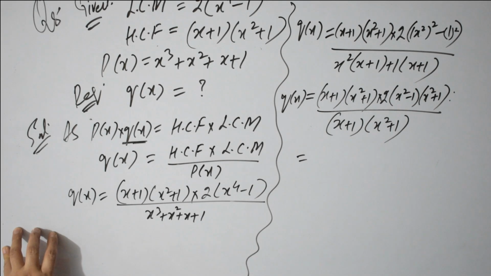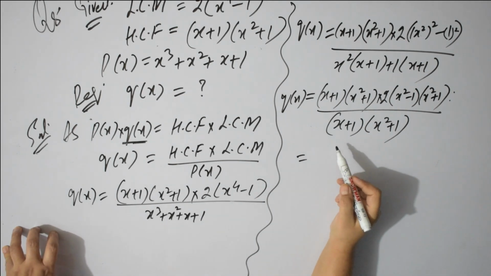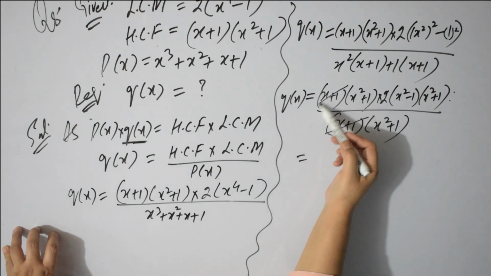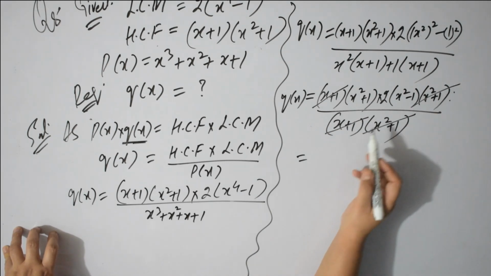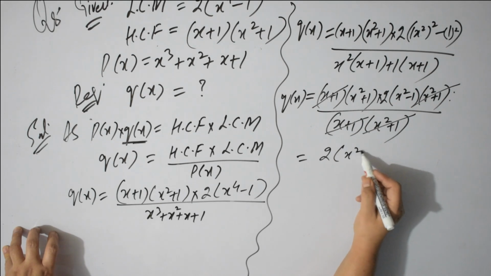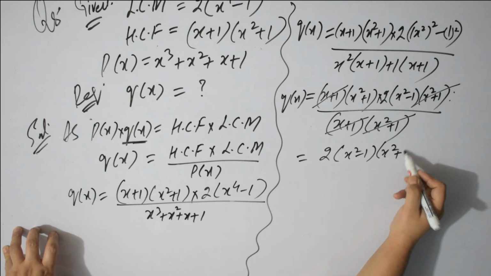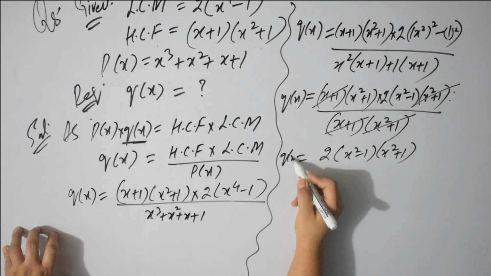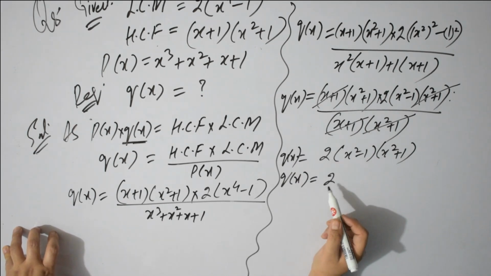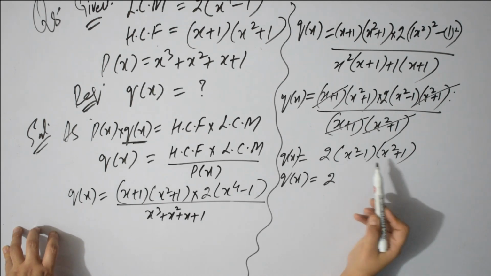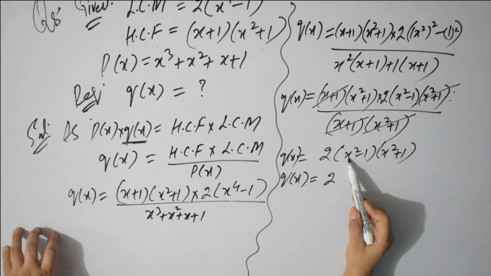So let's see cancellation of common factors. X plus 1 cancels with x plus 1 and x square plus 1 cancels with x square plus 1. What is left? 2 into x square minus 1 into x square plus 1. This is q of x. So q of x is equal to 2. Now again I am applying formula a minus b and a plus b. What is a? A is here